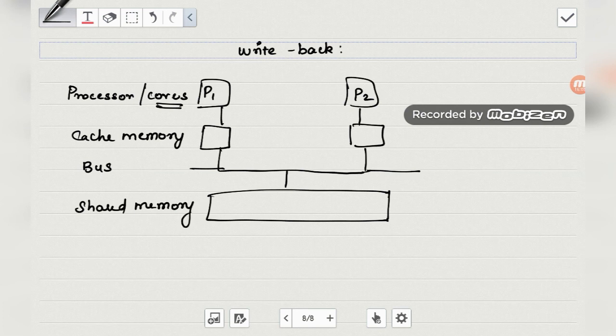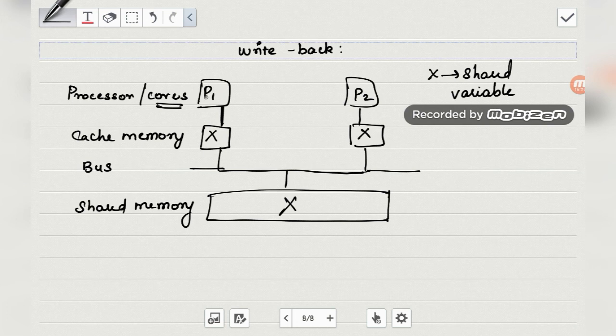Done. Now again, the same previous exact scenario: X is a shared variable, and it was being referenced in both processor 1 and processor 2.